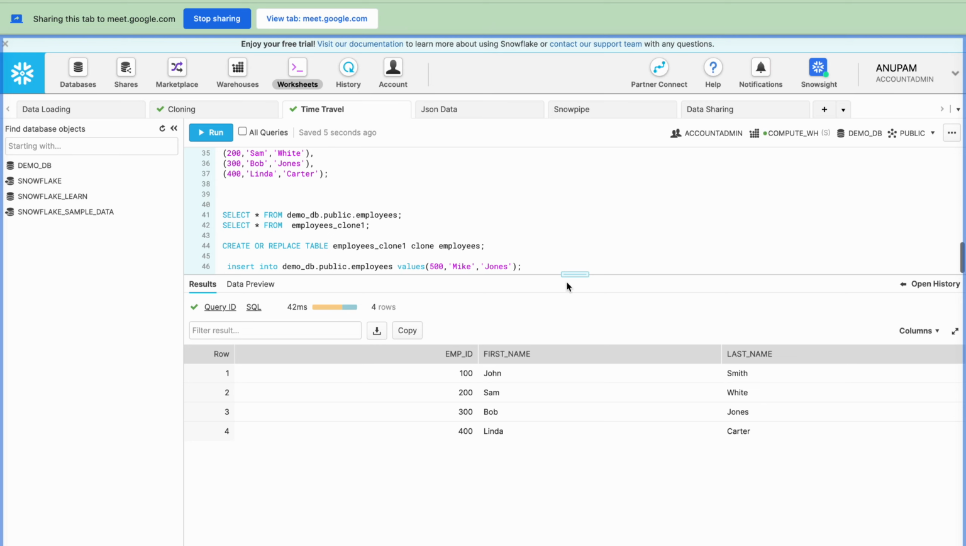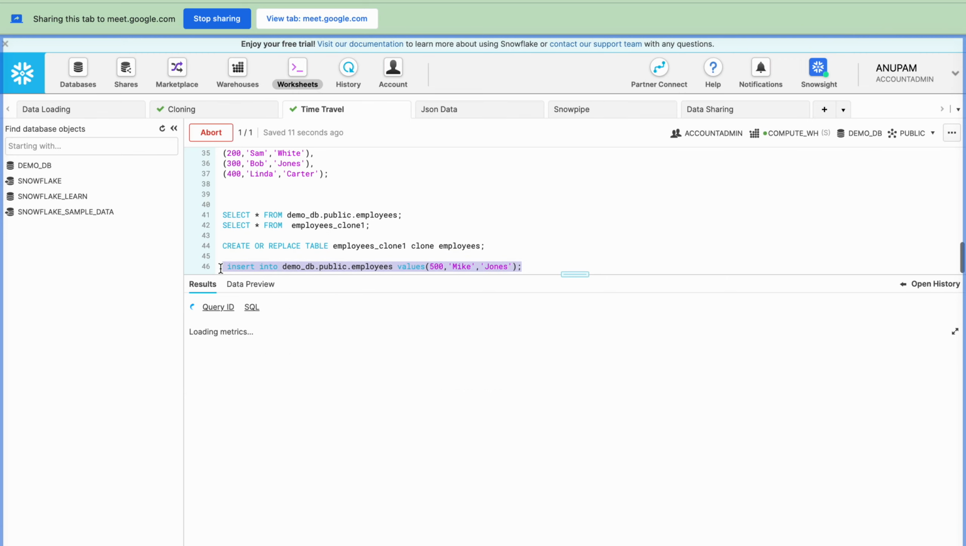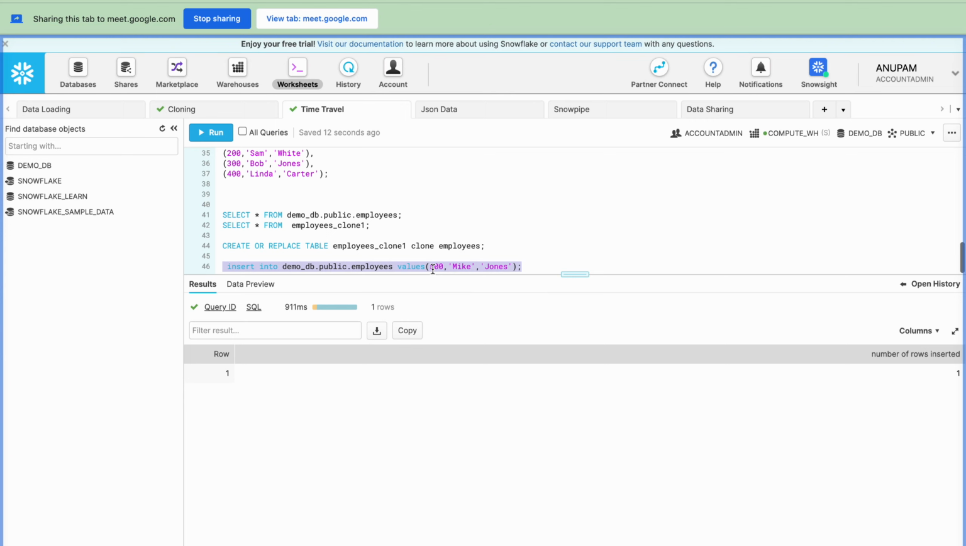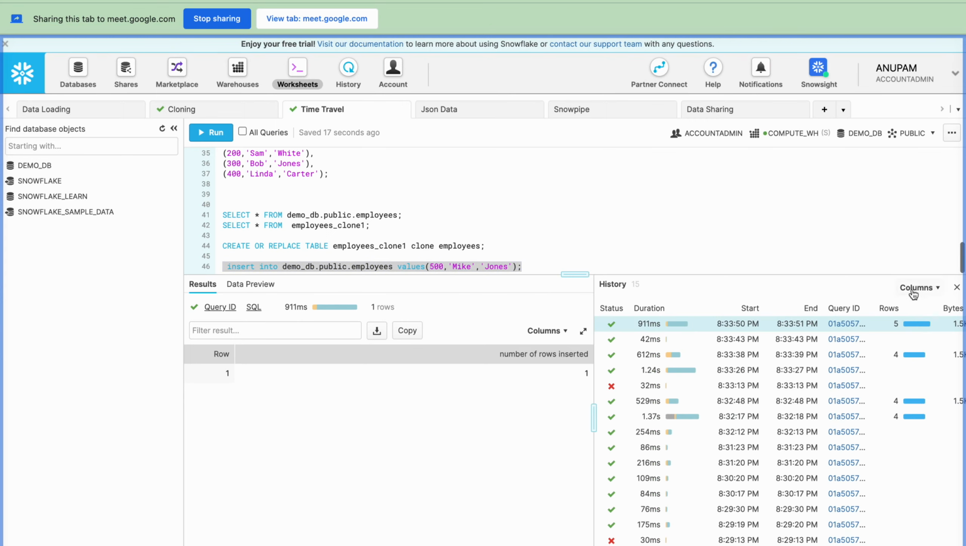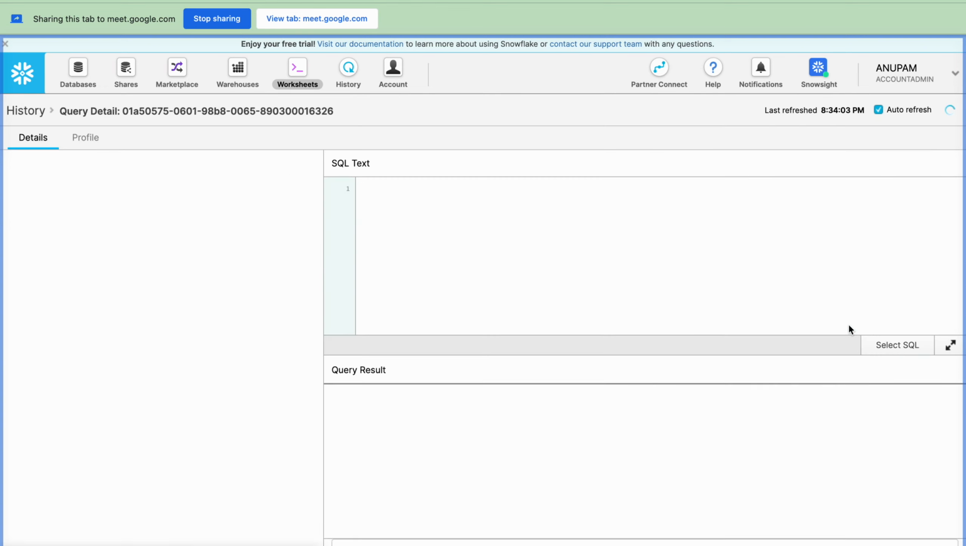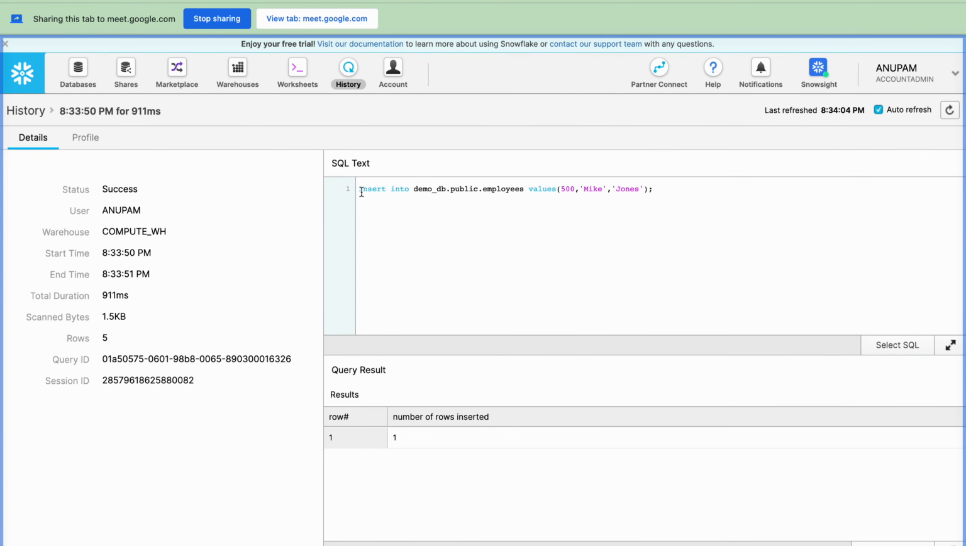Now let me insert the data into the actual table, and we will note one thing here. It is inserted the data. Let me just take one thing here from open history. I think it is not refreshed, row 5. Okay, yeah, this is my last. If I click on query id, it will show which query I have executed. I can take this query id. Okay, let me copy this query id